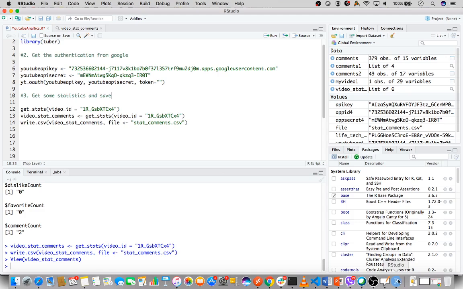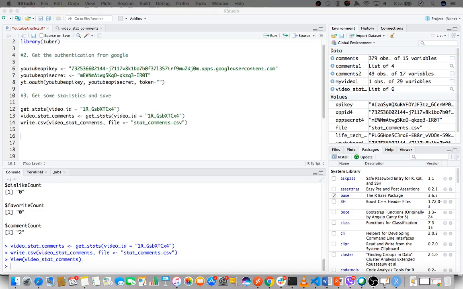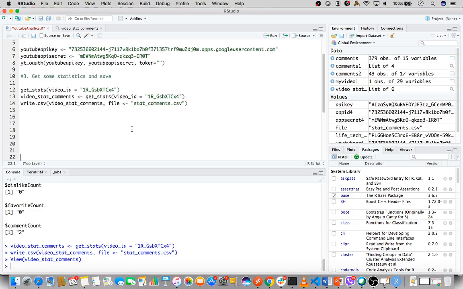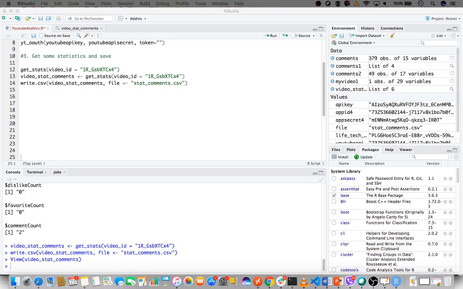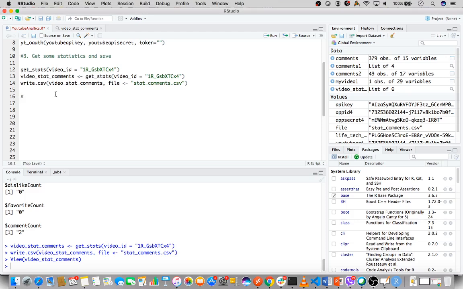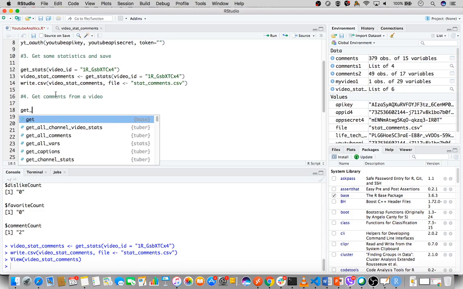All right. So we have seen the stats. So next, what I'm going to do is try to get the comments from a video. To do that, I need to use the command,